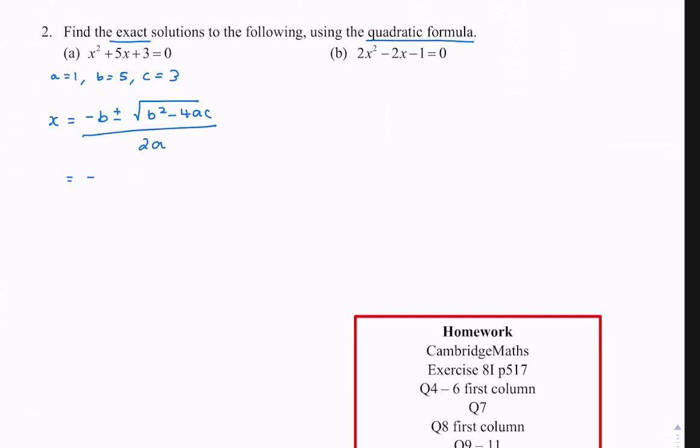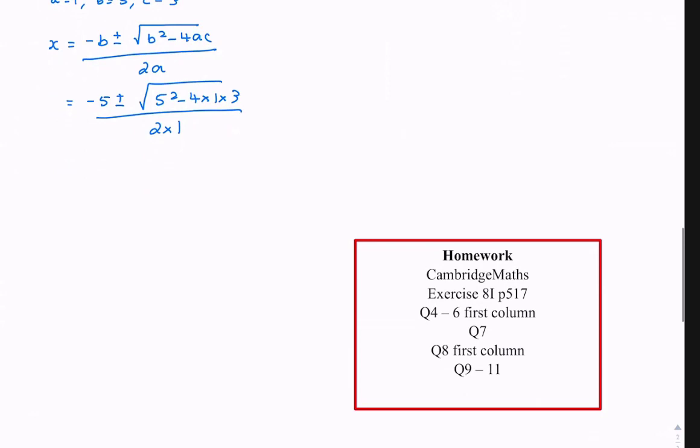So popping those numbers in, it's just a direct substitution. So we've got 5 squared minus 4 times 1 times 3 all over 2A, 2 times 1. So if I work this one out, I get -5 plus or minus. I can use my calculator, and underneath the square root sign is 13 over 2. So you can see I have two solutions. X equals -5 plus the square root of 13 over 2, or X equals -5 minus the square root of 13 over 2. So it might be a good idea to pause the video now and see if you can